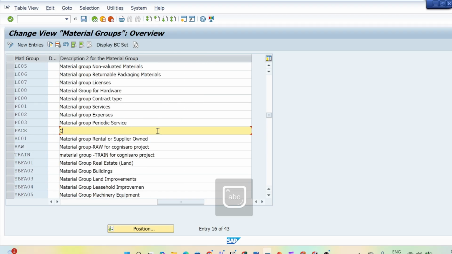And here we can mention Cognizaro material group PACK. Hit enter and save it.